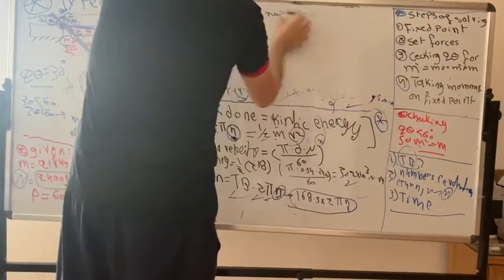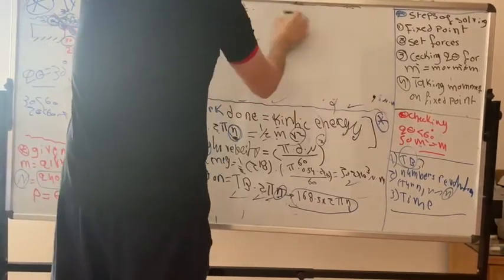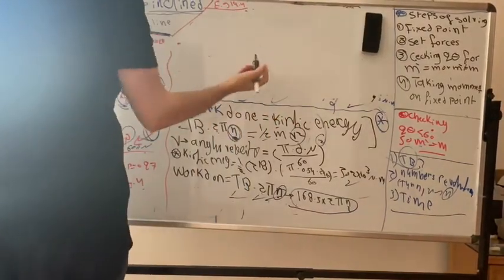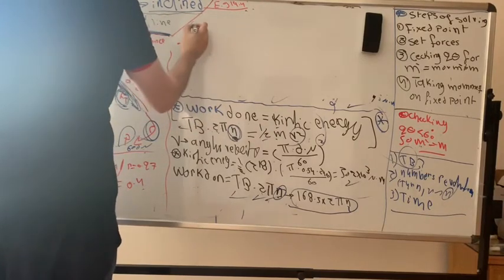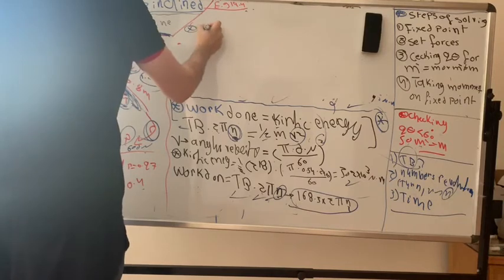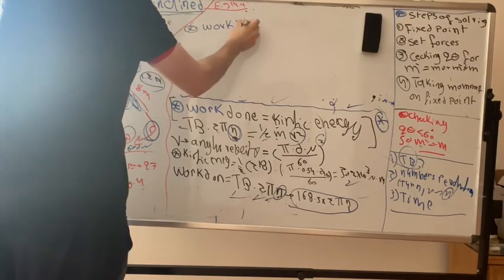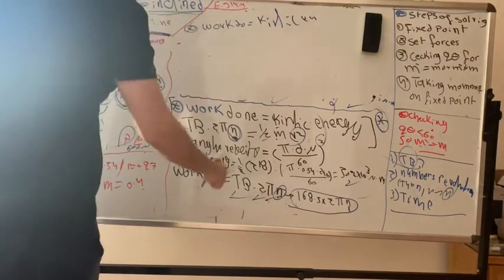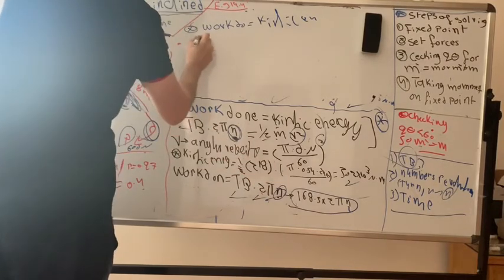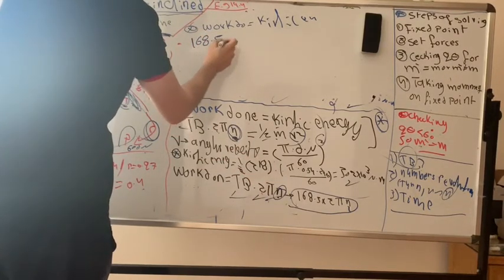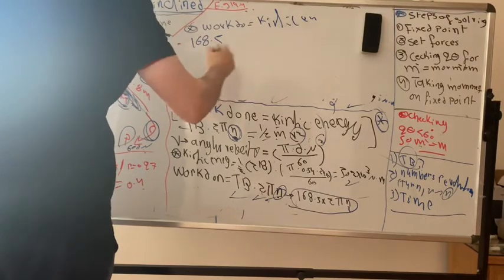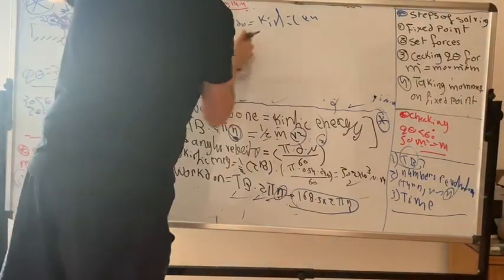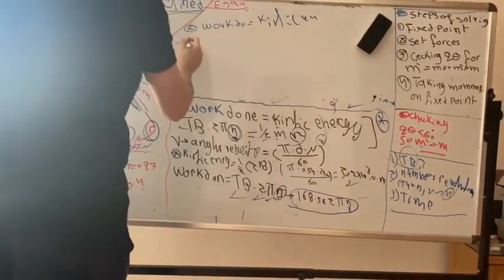Sorry for erasing that part, because I want to continue. Okay, let's focus. Now he wants the number of turns n. Okay, I have everything here. So, work done equal kinetic energy. Come on. Work done. I got 168. Half. Okay, you multiply everything and you get the work done. If I multiply and do this mathematics, you will get